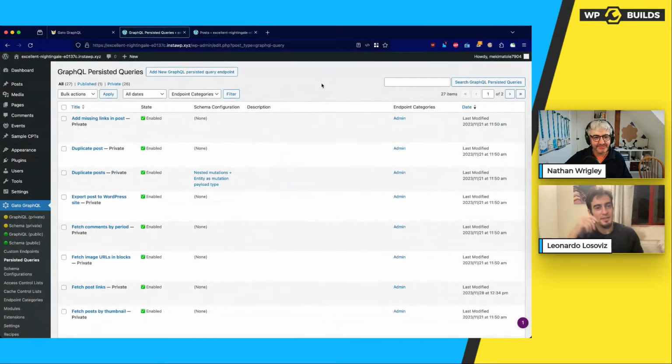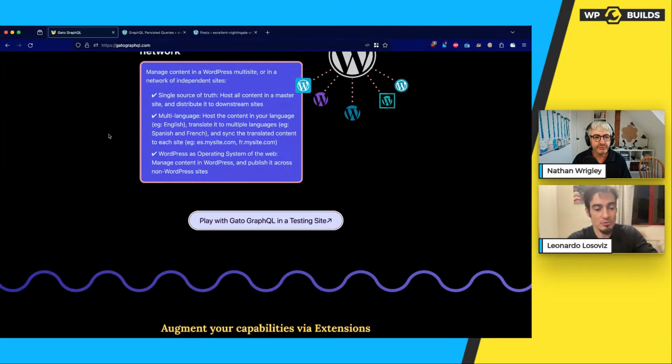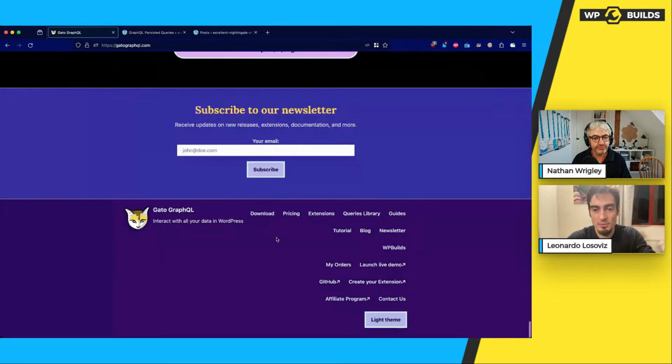Okay. So then we have all of these. Oh, so then there goes the part of automation. That's the first part, which is to create an automator sort of plugin that you can actually do with Gato GraphQL. The second thing that you can do is to use cron, WP cron. Yes. So I'm going to show you the documentation on the website for this, and maybe we can do it, but it will not work